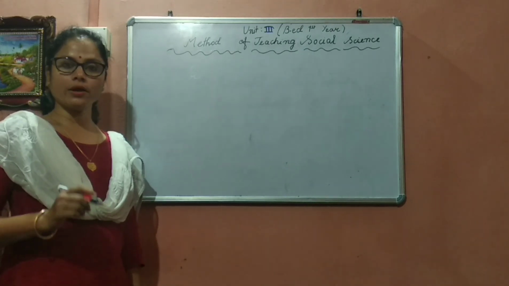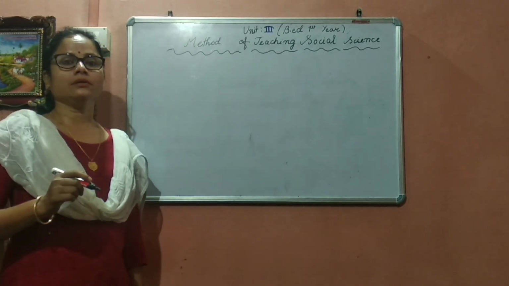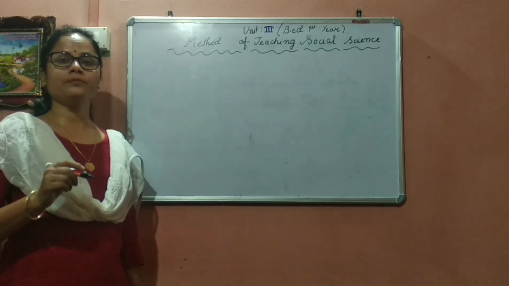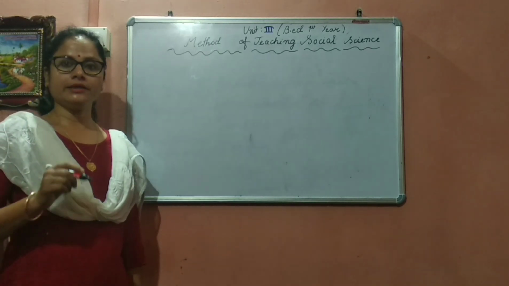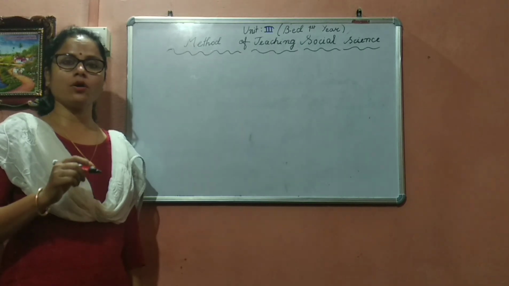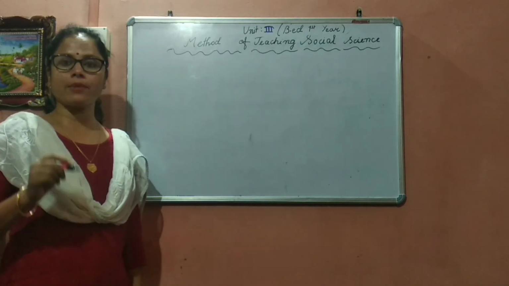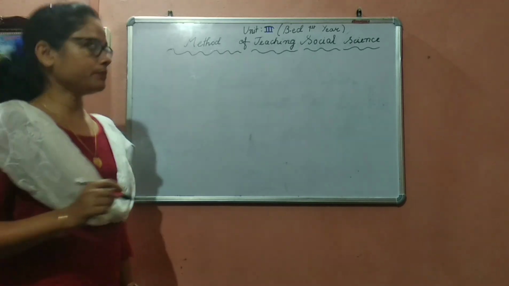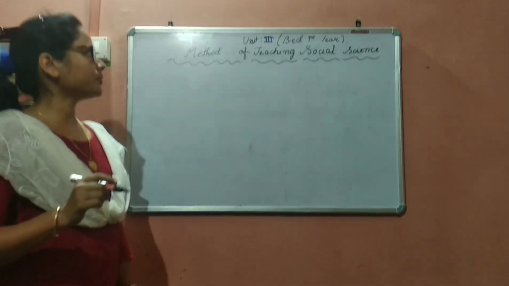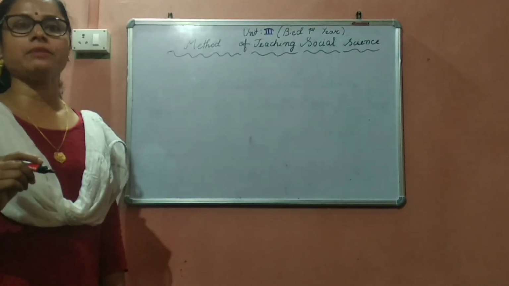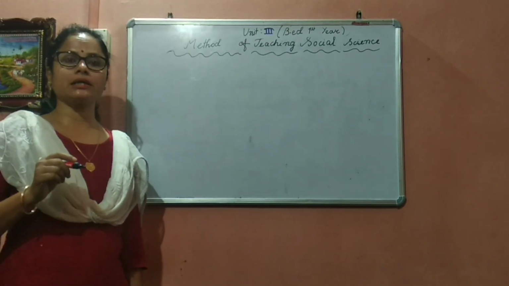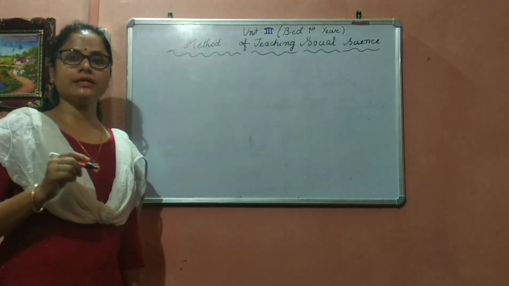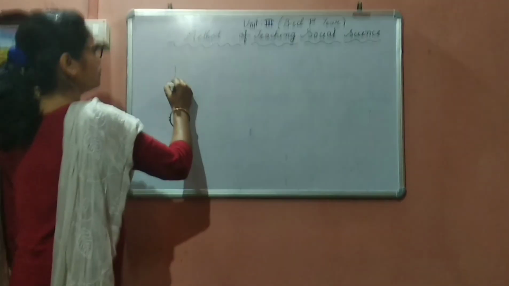Today I am going to discuss Social Science Method, Unit 3: Method of Teaching Social Science. In this chapter I am going to discuss especially the problem solving method. So first of all, before discussing the problem solving method, we should have a clear conception of what a method of teaching is. Method is a part, a procedure